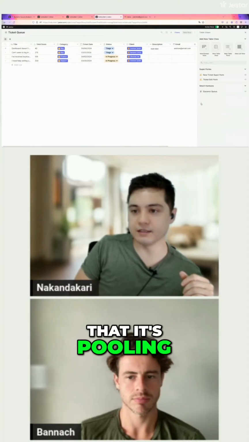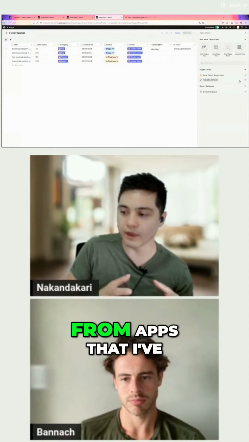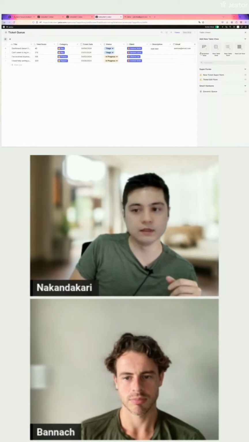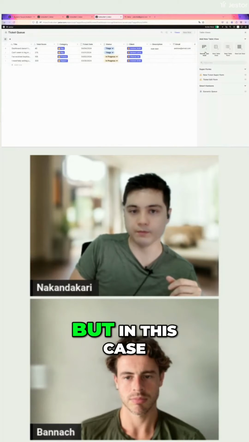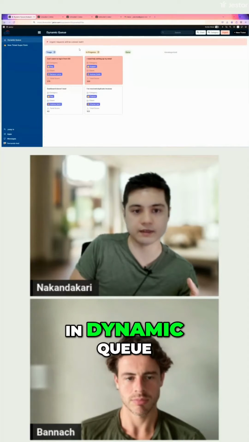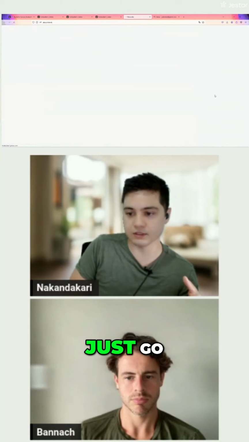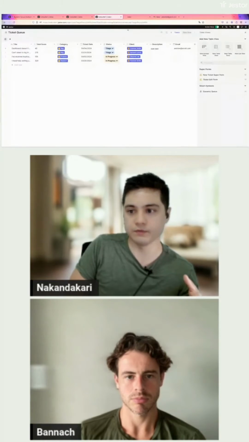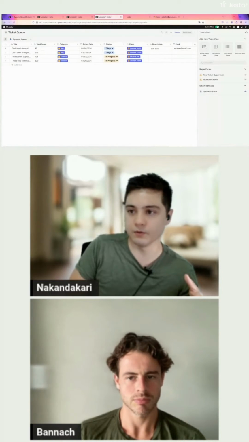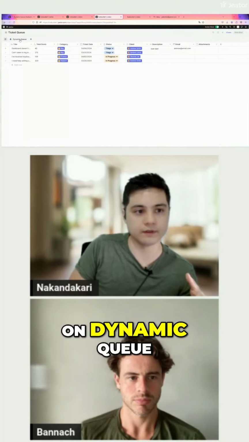So you can see that it's pulling apps and actually components from apps that I've already created, or I could create a different view. So for example, I could create a new Kanban view, but in this case, I already have a Kanban board for this process. It's this one in dynamic queue. So it automatically detects that I have this, and then I can just go to it, for example, and add it to the table. So if I go back here and click here on dynamic queue,